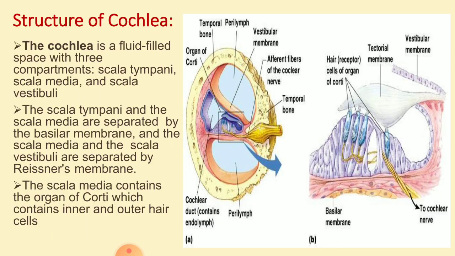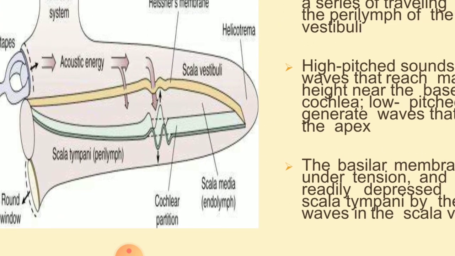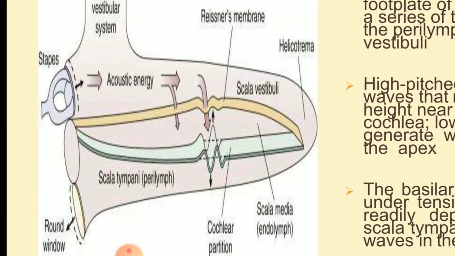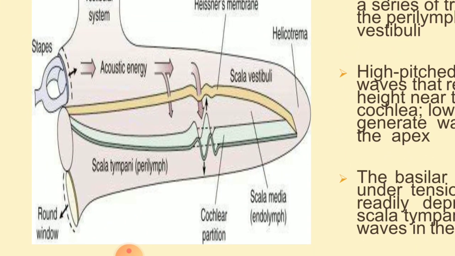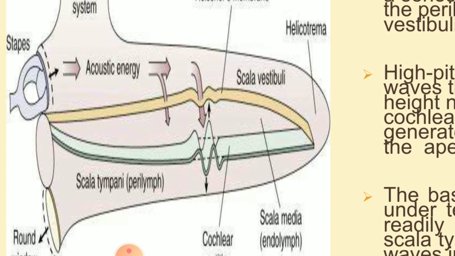Now what is cochlea? Cochlea is basically a combination of fluid filled tubal structures. If we see in elongated form, cochlea is a combination of three elongated tubes. From above downwards there is scala vestibuli, scala media and scala tympani. You are seeing in the diagram. Now scala vestibuli above and scala tympani below are connected at the apex through an opening called helicotrema.